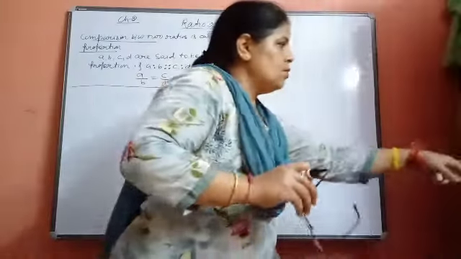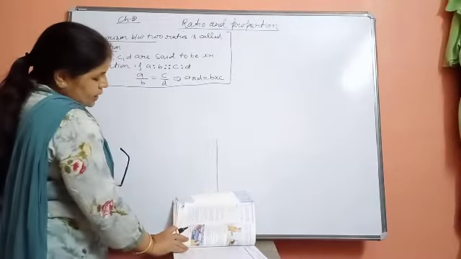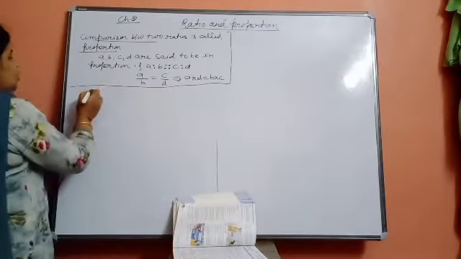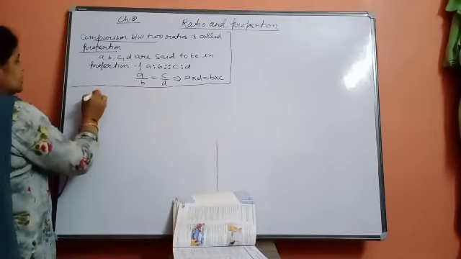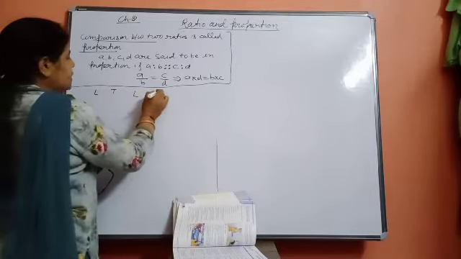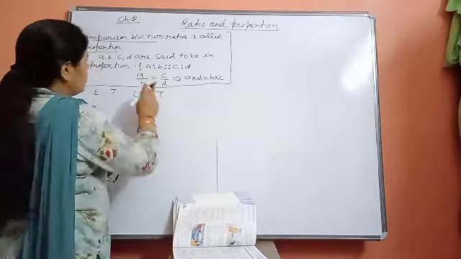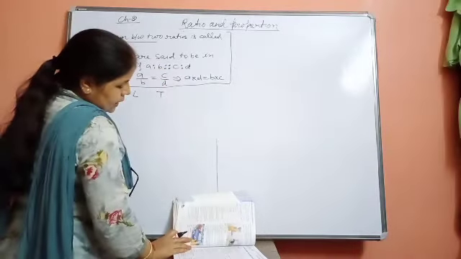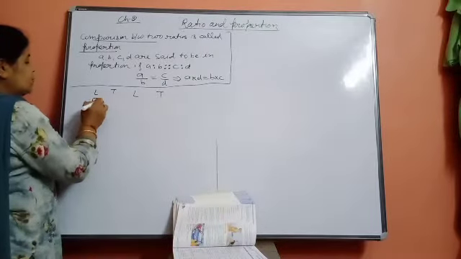Okay, you just keep this thing in your mind. Now come to the question: a tap can fill a tank of 500 liter in 3 hours. So how will you do it? Tank, liter, time, then liter or time. In this way you just do it, because we have to do it by this formula. So under liter write 500.